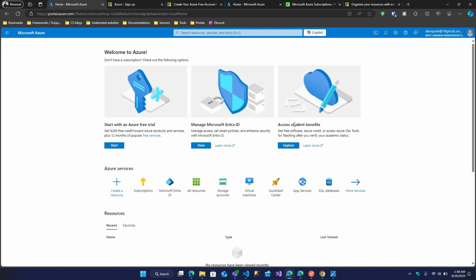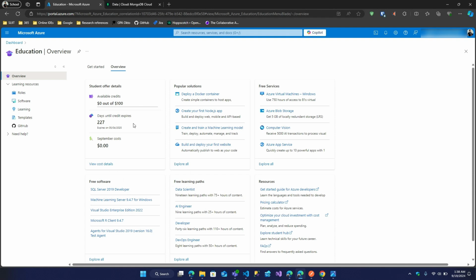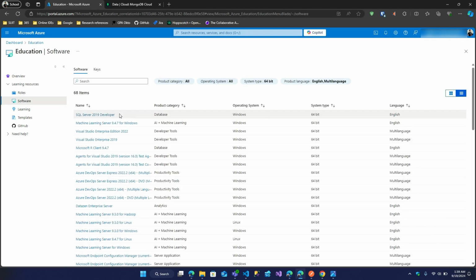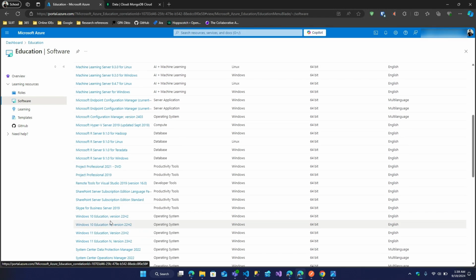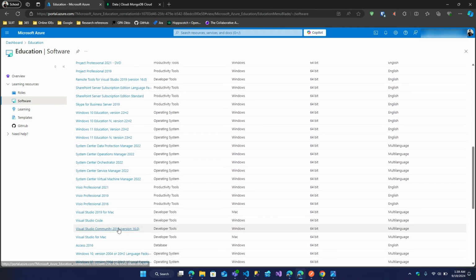Student benefit subscription gives you 100 credits to use within 12 months, and this is what the student subscription looks like. So you have 100 credits and you will have learning paths as well and some free software like Visual Studio Enterprise Editions as well. So you can explore all the software. You will have several software licenses here,